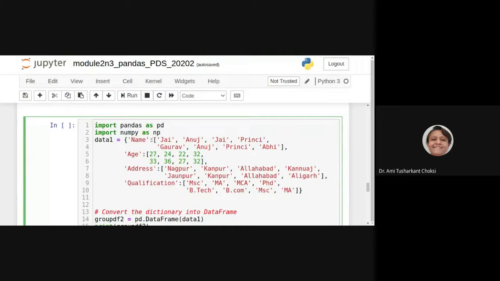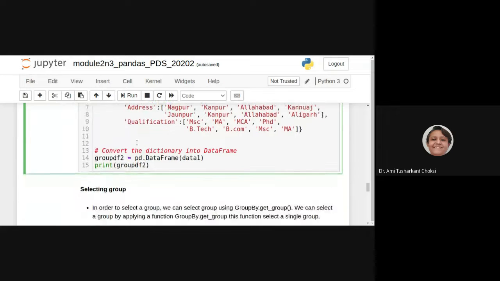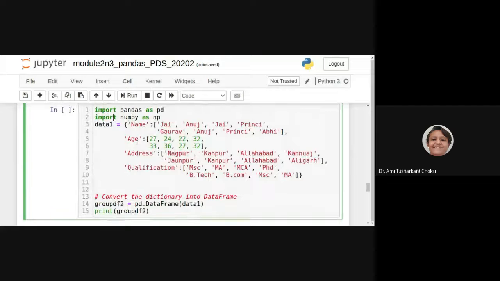Now what we want to do is select a group, but let's see the group df first. We are again creating name, age, address, qualification.